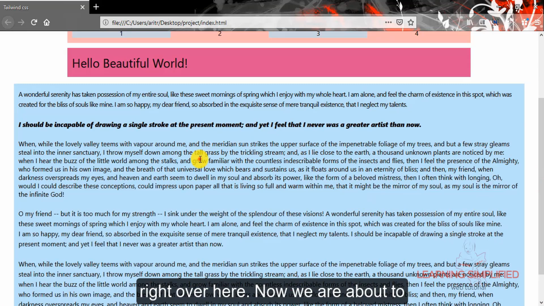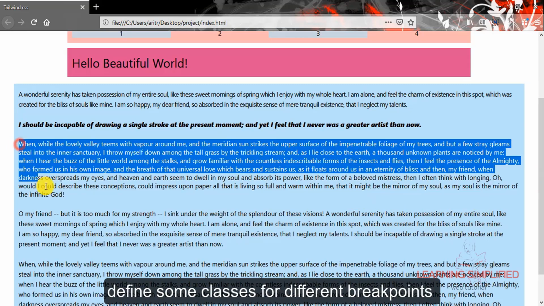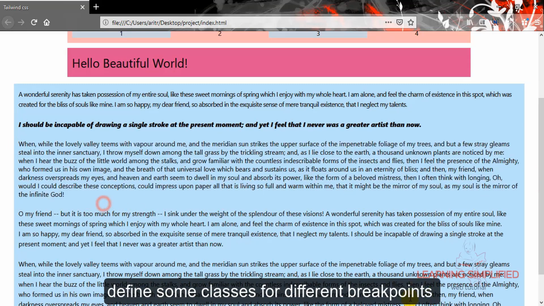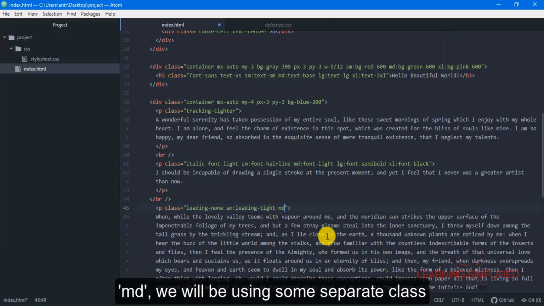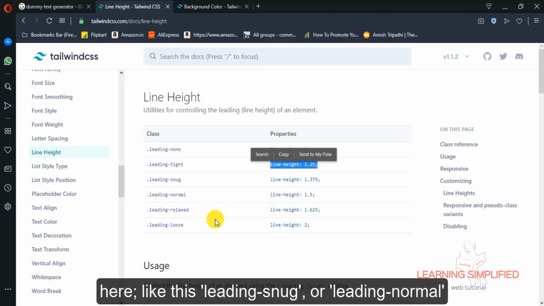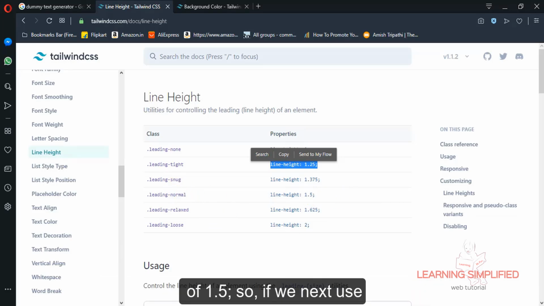Now we are about to define some classes for different breakpoints. So that is why we are getting back to our project, and here for this MD we will be using some separate class like this leading snug or leading normal of 1.5.